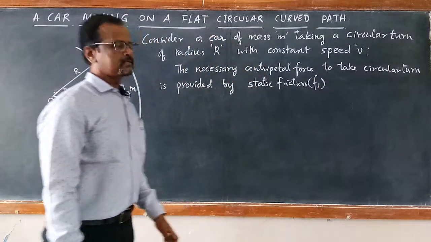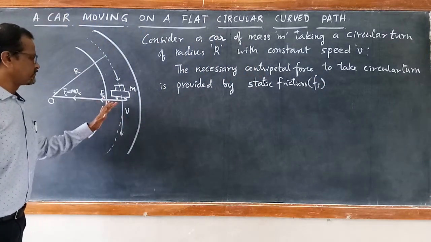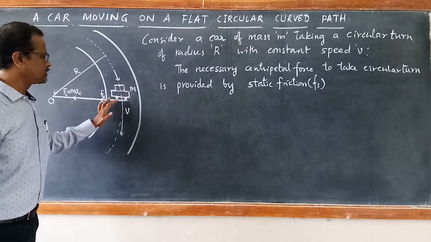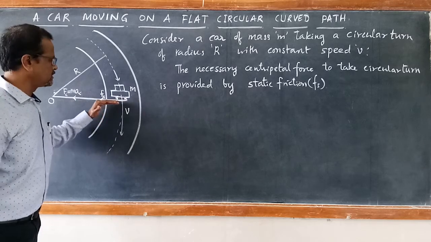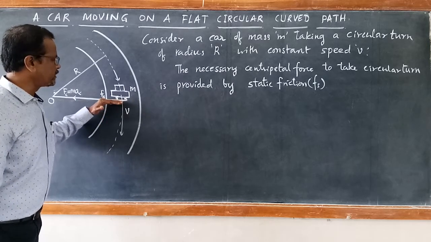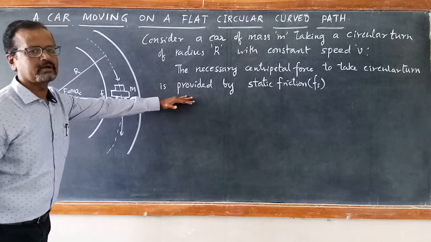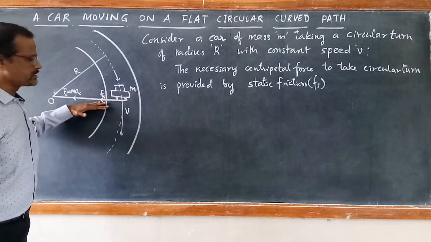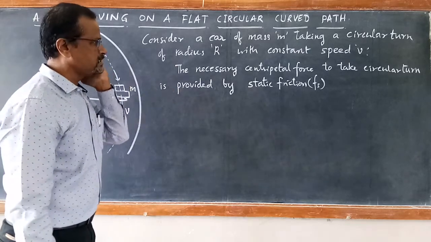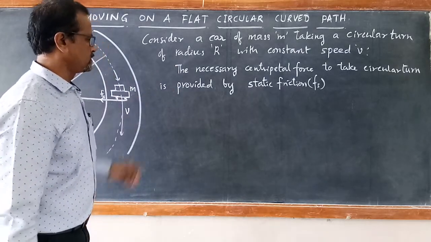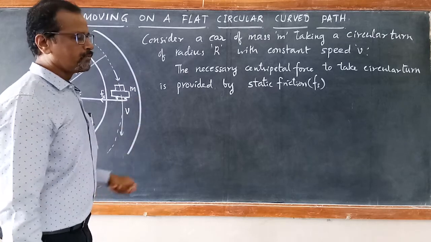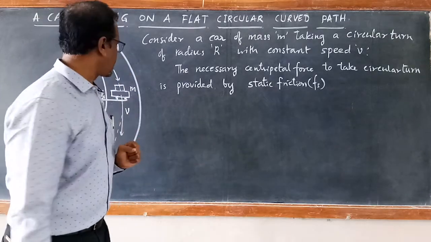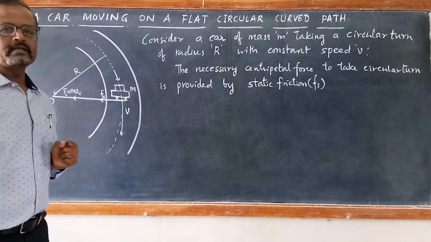Static friction Fs, I have explained to you. The static friction is that friction which opposes the impending motion of the tires which are in contact with the road surface. The tires of the vehicle will be tending to move away from the circular path, and this is opposed by a friction called static friction. So static friction provides the necessary centripetal force. Now I will draw one more diagram so that with the help of that diagram we can understand all the forces acting on the car taking the circular turn.